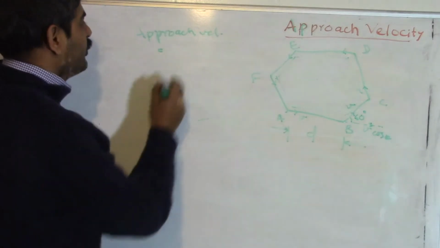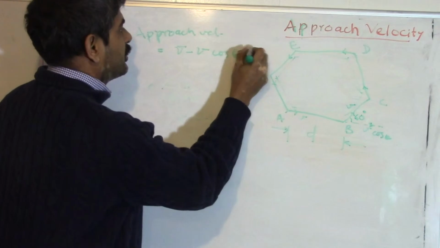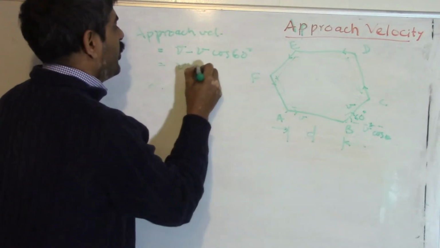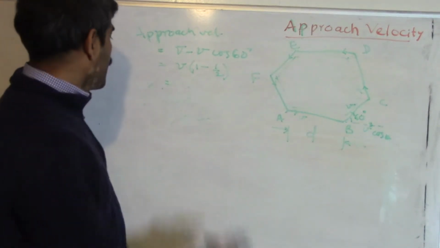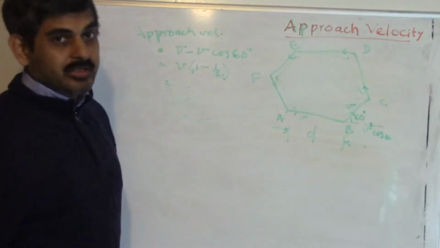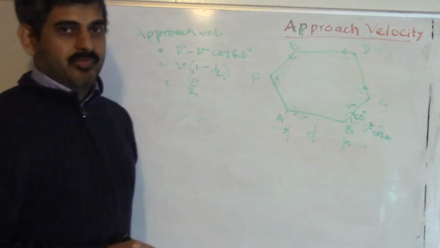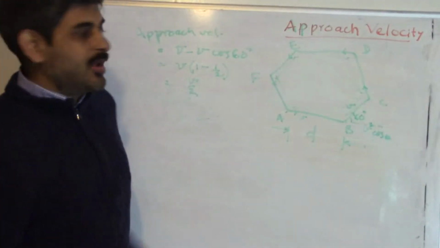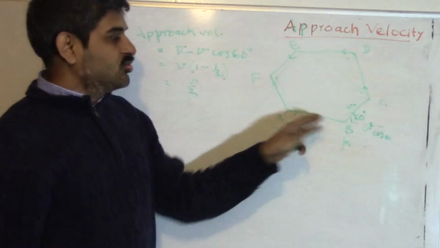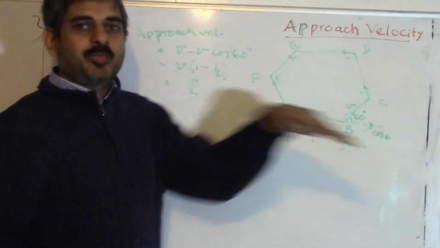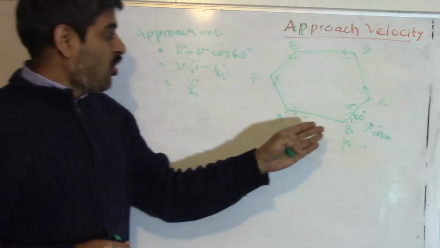is going to be v minus v cos 60 degrees, which means v times 1 minus cos 60, which is 1 by 2, because cos 60 is the same as sin 30, and sin 30 is 1 by 2. So this is v by 2. At every point of time, no matter what configuration, where we are in this hexagon, it is always on a hexagon. B is always making an angle of 60 degrees with respect to the direction of A, and therefore this approach velocity is always v by 2,